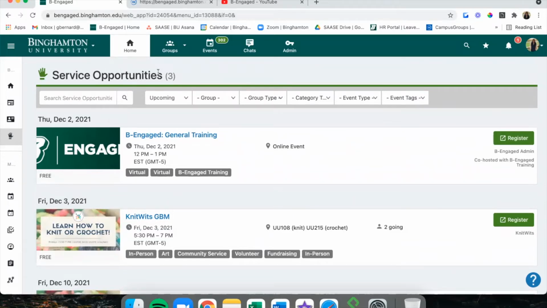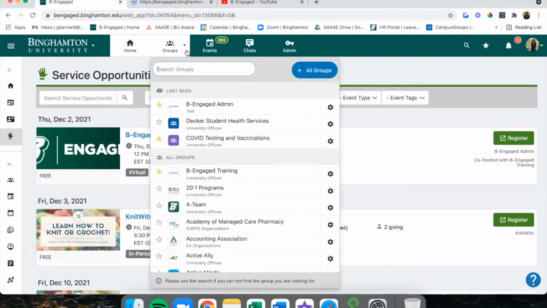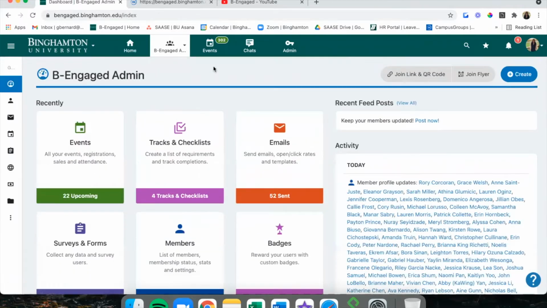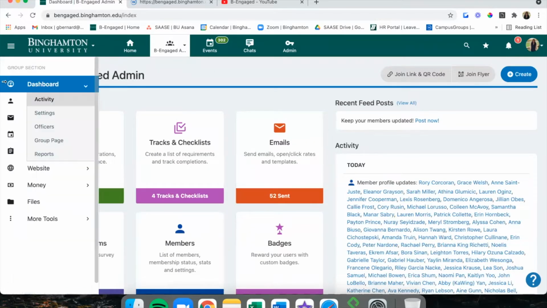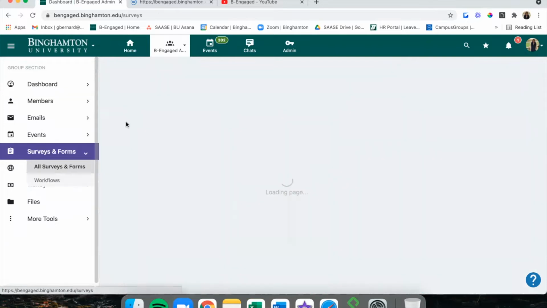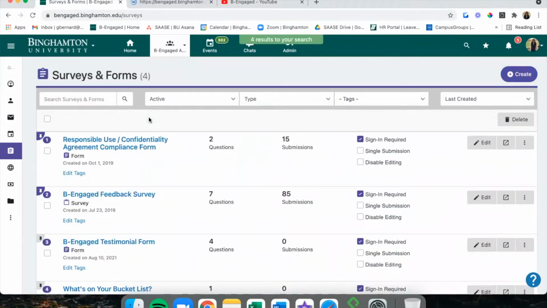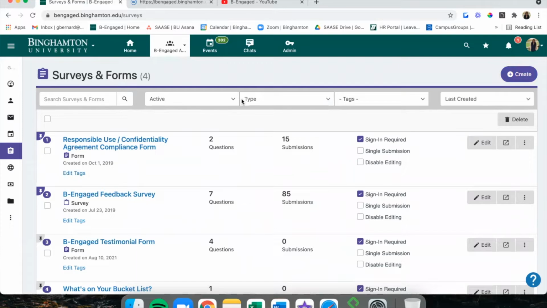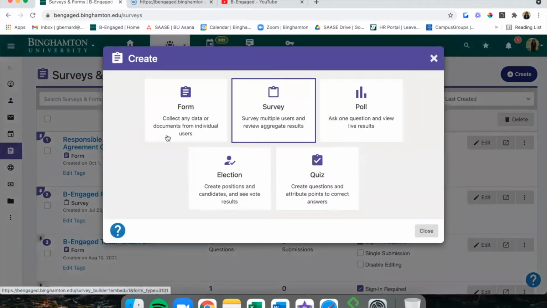Number 8 on our list is group surveys or group forms. To find them, you'll head to your group in the left-hand menu and then click Surveys and Forms. You can create a survey or form by clicking this purple Create button and deciding from the list of options they provide what you want to create.